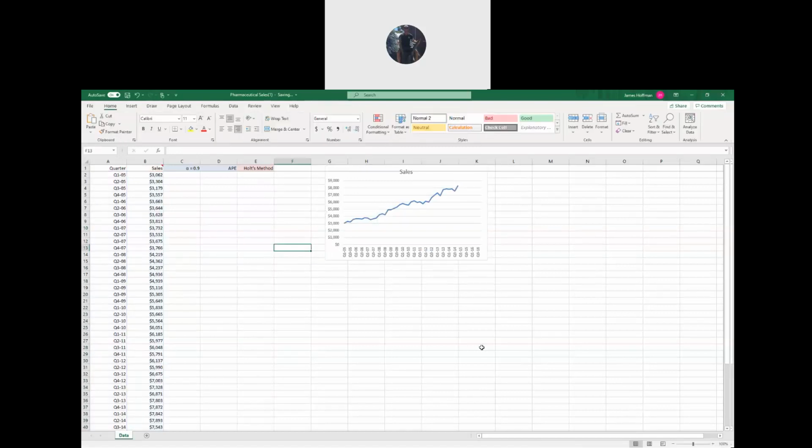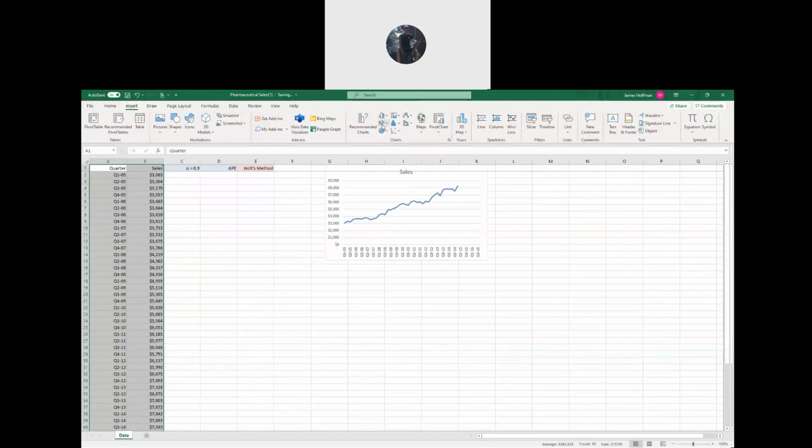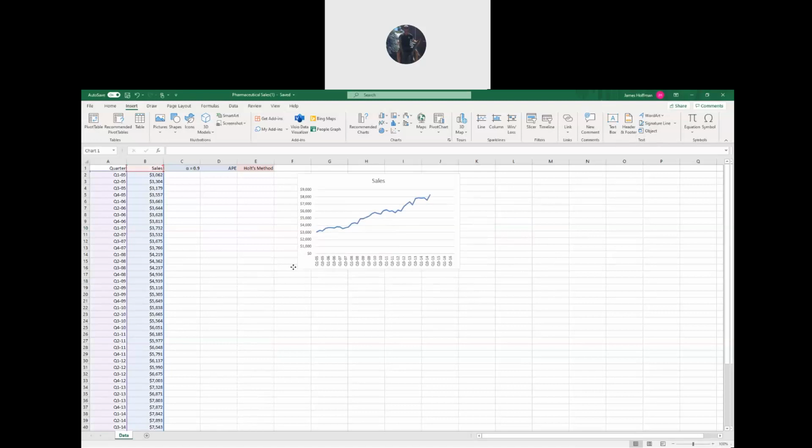So the one I chose, when your data is selected, under insert, see that one there, this is just insert line or area chart. Just choose the first one. All right, and that'll do it. So choose that one, and it should look something like this. Okay, so here's our graph,